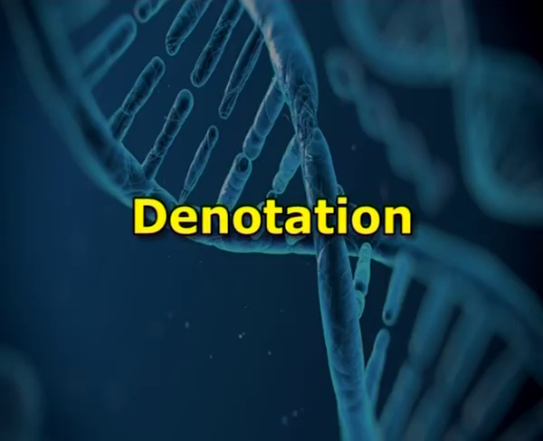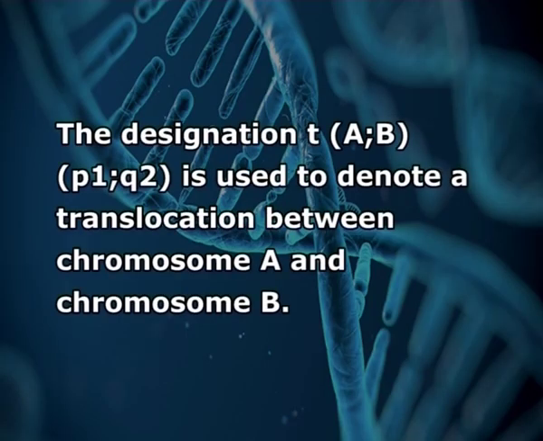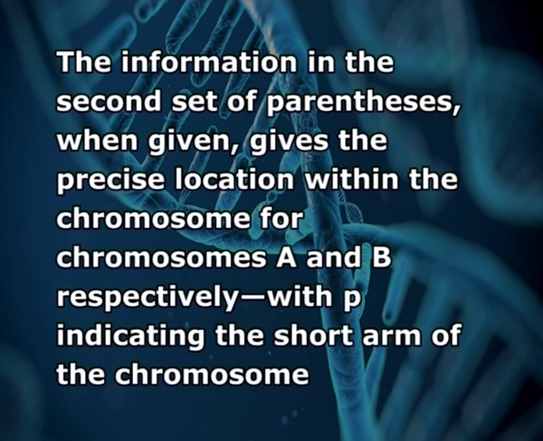By chromosome denotation, the International System for Human Cytogenetic Nomenclature (ISCN) is used to denote a translocation between chromosomes. The designation t(A;B)(p1;q2) is used to denote a translocation between chromosome A and chromosome B. The information in the second set of parentheses, when given, gives the precise location within the